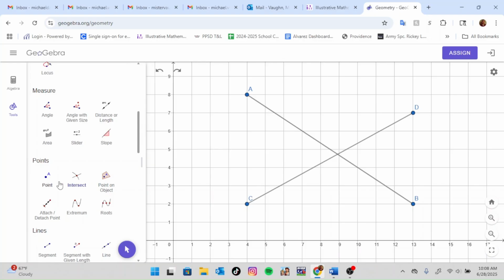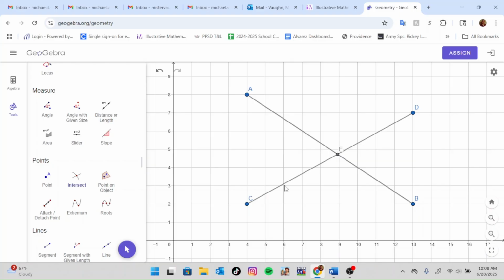Or I can make sure that I have intersect selected, pick anywhere on this first line, then pick anywhere on this second line, and it will calculate where they are crossing